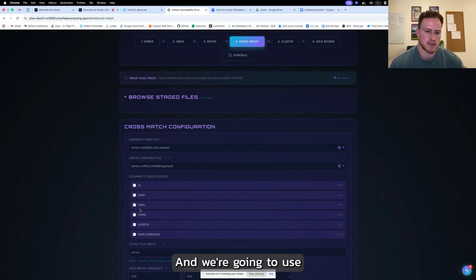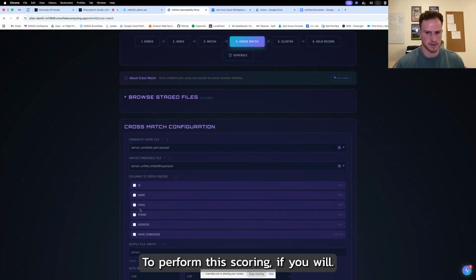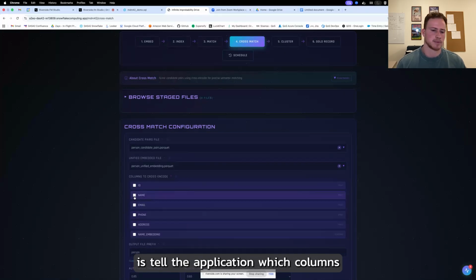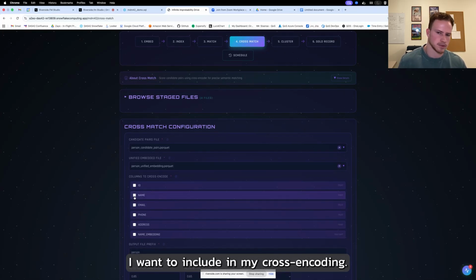We're going to use a technology called cross-matching and cross-encoding to perform this scoring, if you will. The first thing I'm going to do is tell the application which columns I want to include in my cross-encoding.